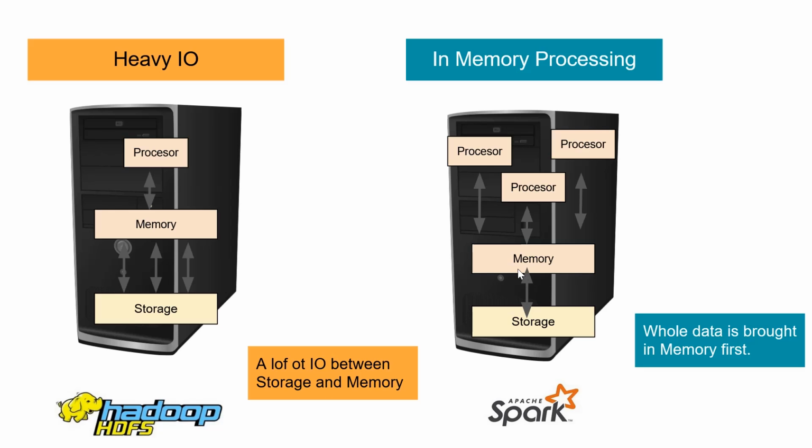Most of the data is already brought into memory, so the retrieval and processing of the data becomes much faster than in classical Hadoop, wherein a lot of IO overhead is involved. And this is a very big advantage. Because of this in-memory processing feature of Spark, Spark can be used for live streaming. So you can do live streaming of data from Spark, which is not possible in case of Hadoop.